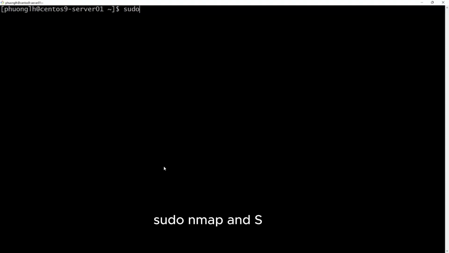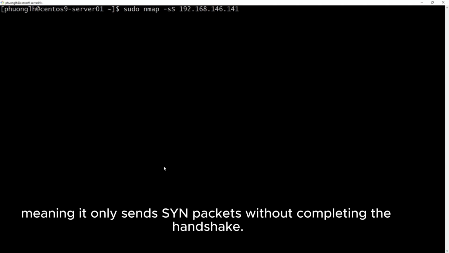If you want to be more stealthy, we use a SYN scan: sudo nmap -sS, uppercase S, meaning it only sends SYN packets without completing the handshake.